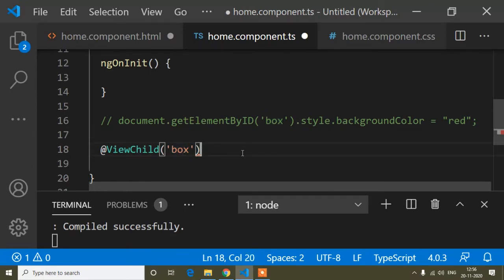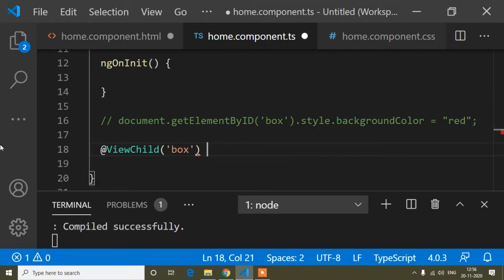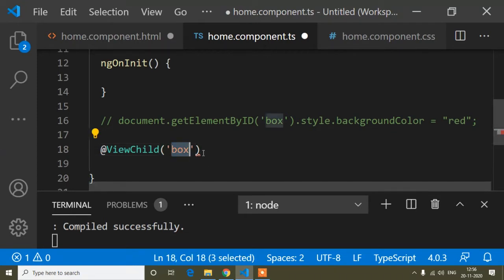And now here we have to write one thing, that is a reference of this template reference variable. So the reference name I will add is box, but here you can write anything. So I will write here refBox. This is the reference of this template reference variable.